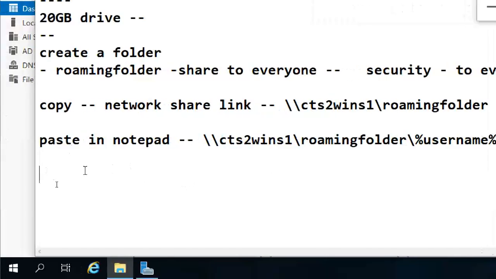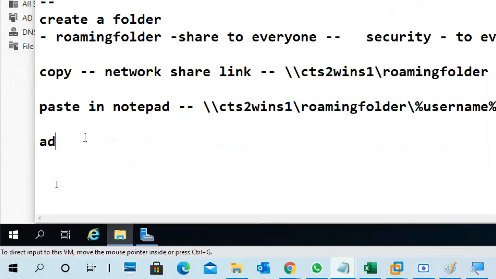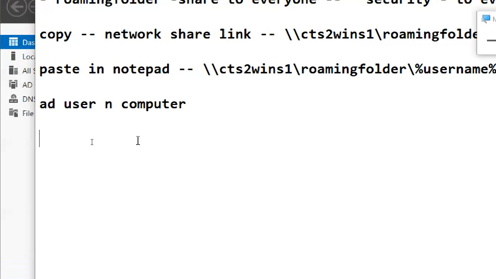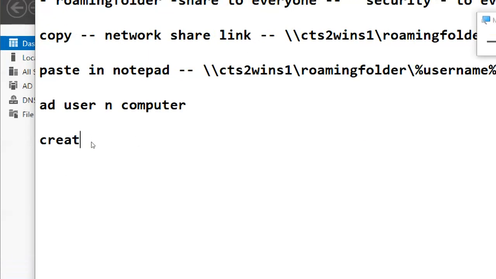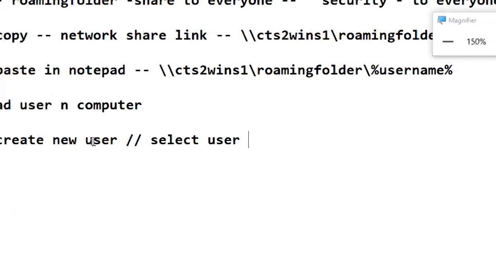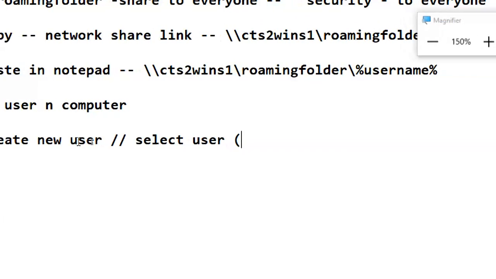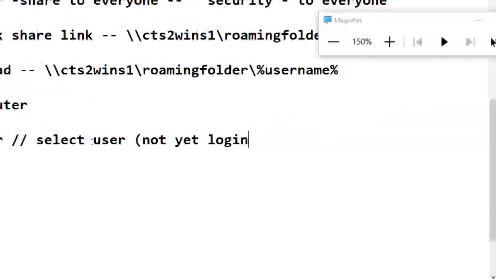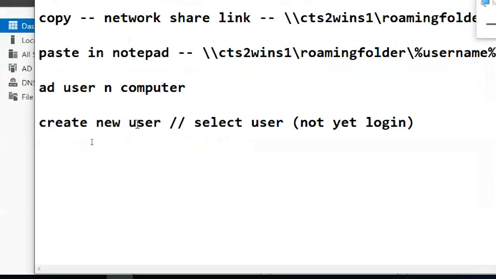Next, go to Active Directory Users and Computers. So create a new user or select a user who is not logged in. If the user is already logged in, it won't work here.